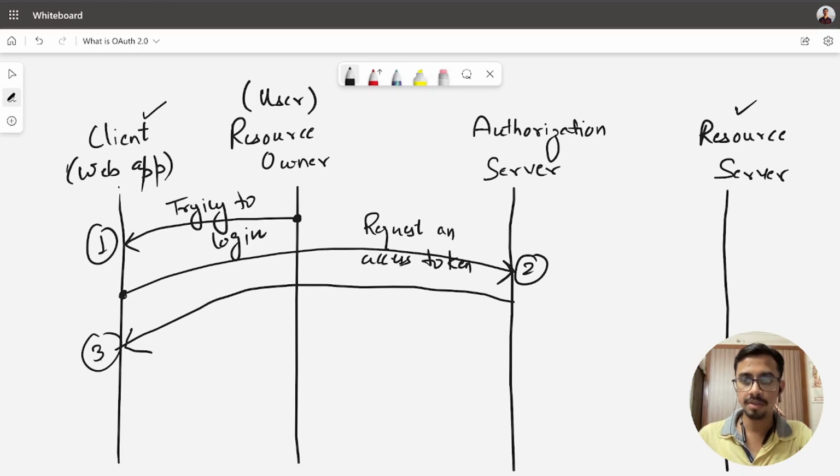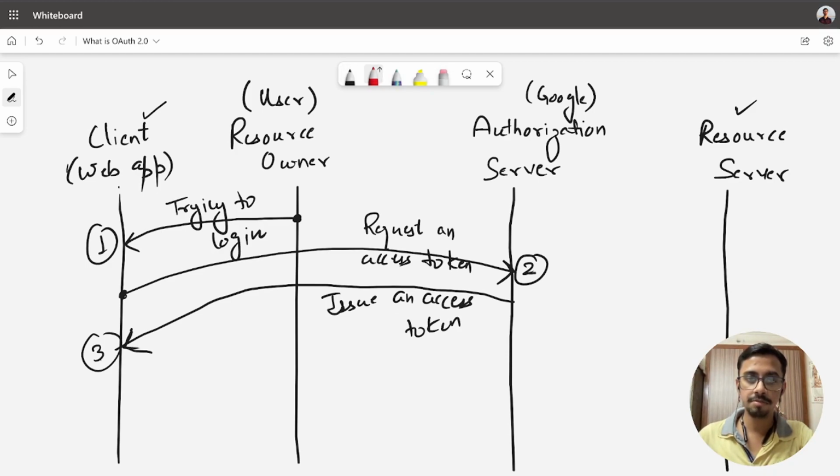And upon successful login, the authorization server of Google, because it is Google who is validating the user credentials and issuing an access token, will issue an access token and send it back to the client, right?